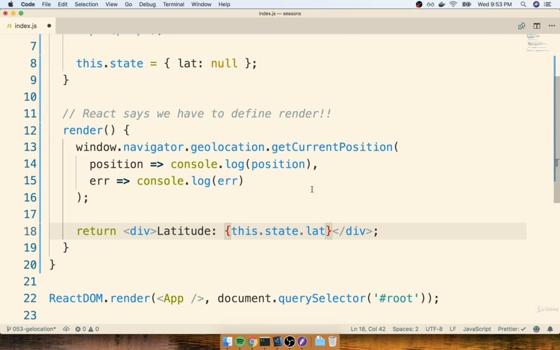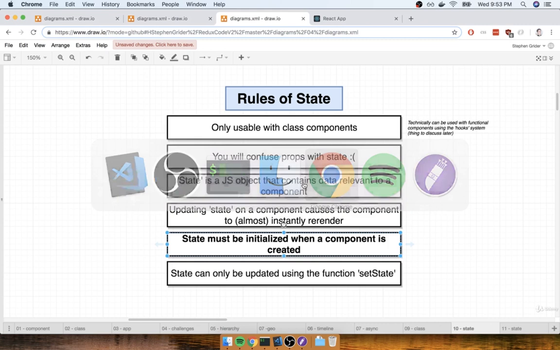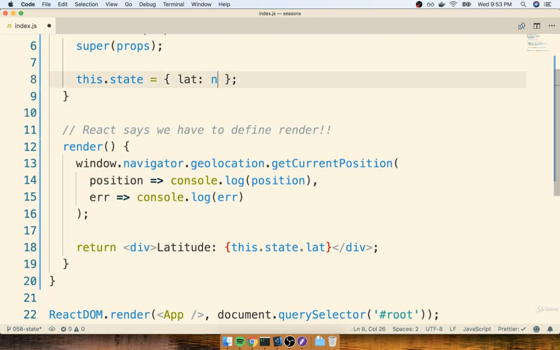this.state.lat. Now, if we save this and refresh the browser right now, it's still going to appear like there's nothing right here because we initialized lat to be null. But very quickly, let's just replace it with some imaginary number. Like I'll say my latitude is now 40. So if I save this, I can now flip back over to my browser, and I'll see that my latitude is 40. All right. And I'm going to replace the 40 now with null. So the general idea is that we might make use of this state property inside of our JSX or other functions inside of our component.